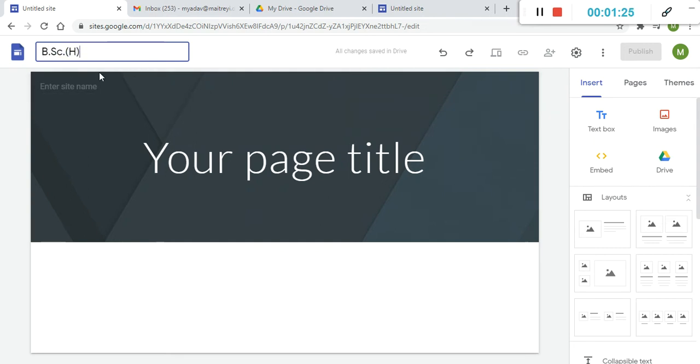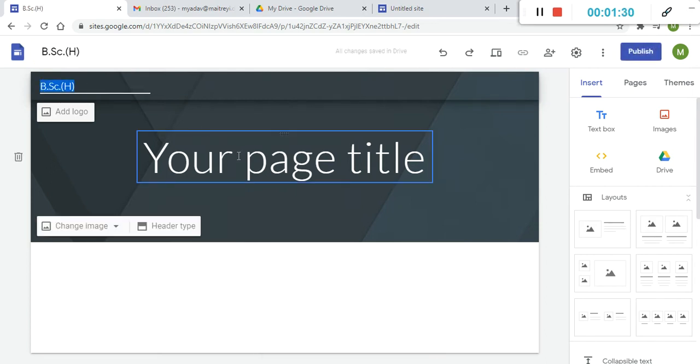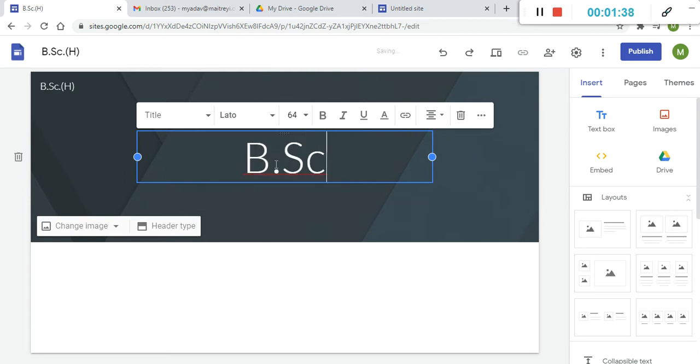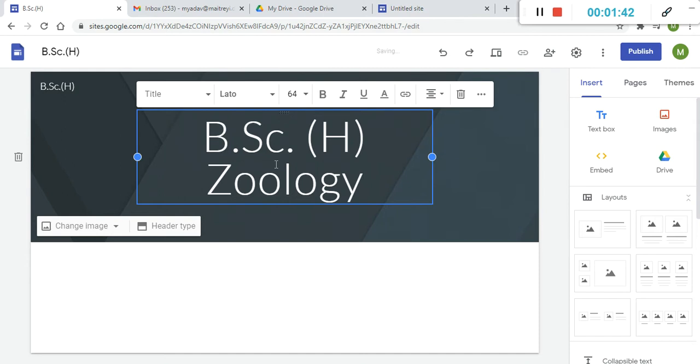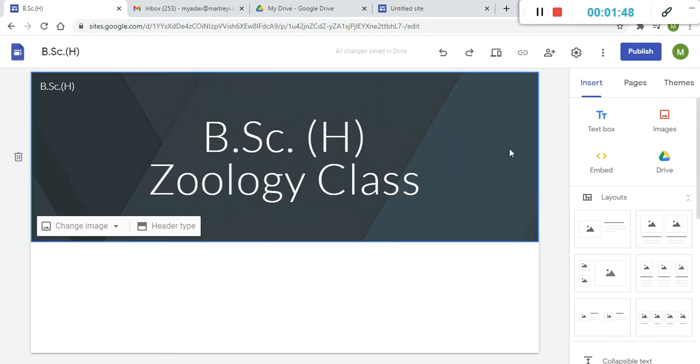So you give the title as BSc honors. So this is the title. The page title, if you want to give, you can give as BSc honors zoology class. You can give it a title like this.